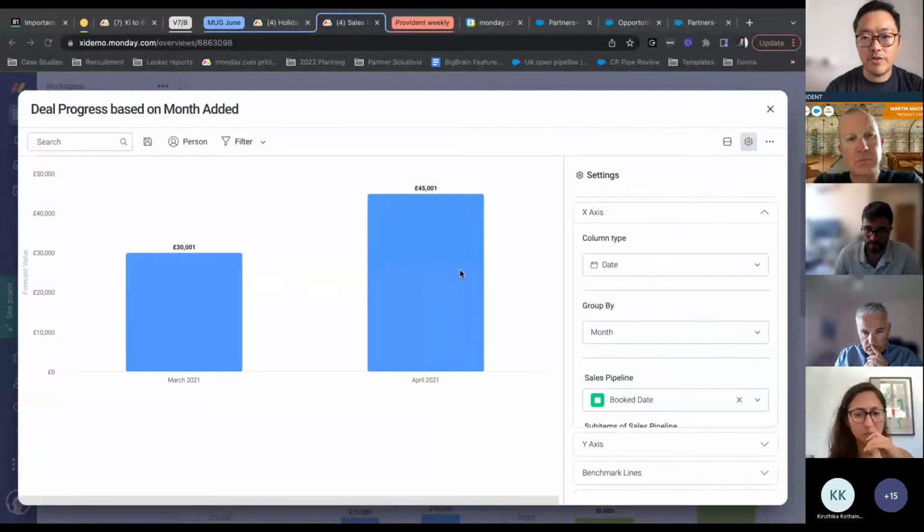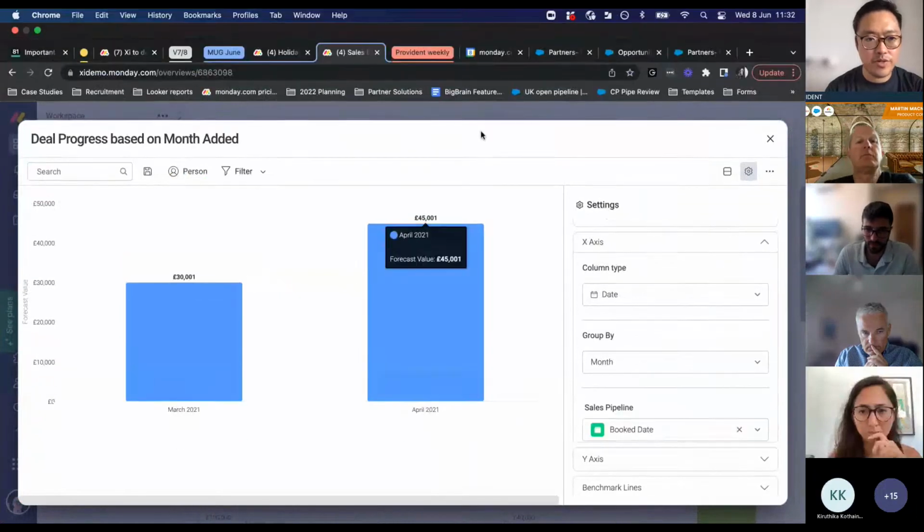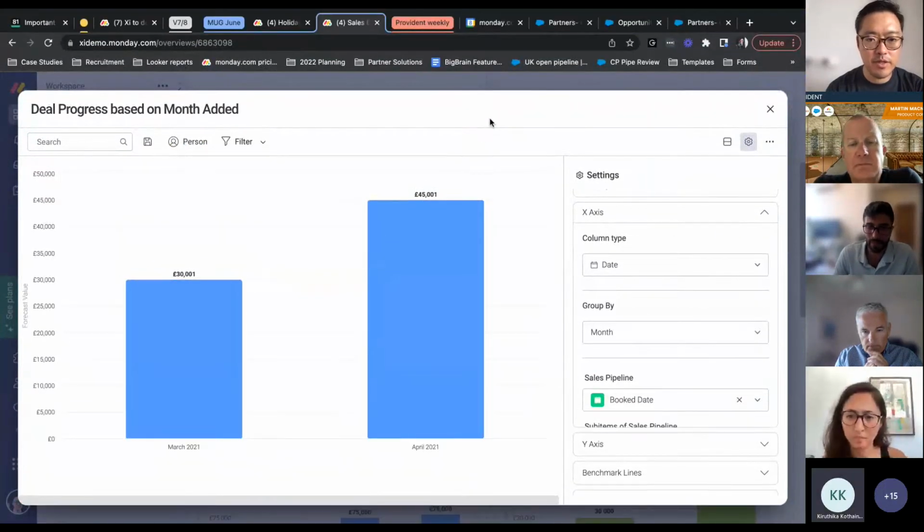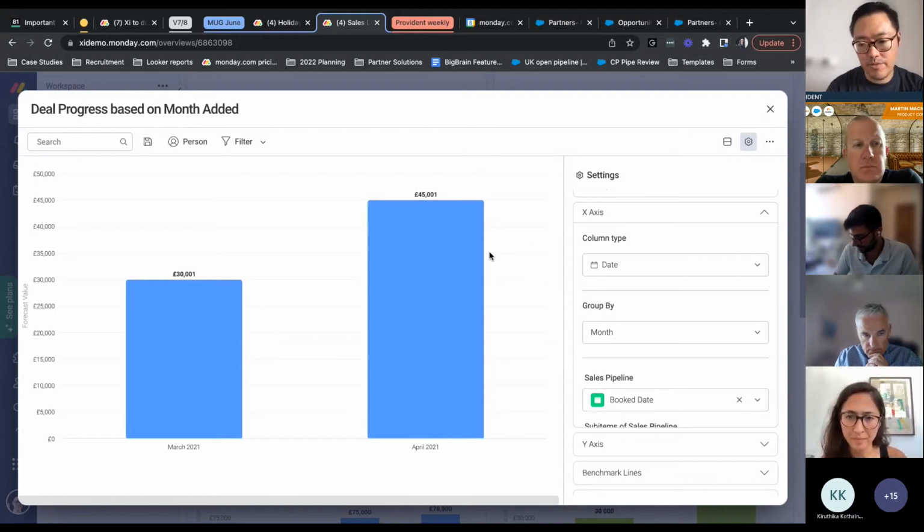So my suggestion would be, I'm just going to try and share my screen again, to have a date assigned to each of those tasks. Do you see my screen now with the chart? Yep. Okay. So this is an example of a customer using this, in this case for CRM, but where